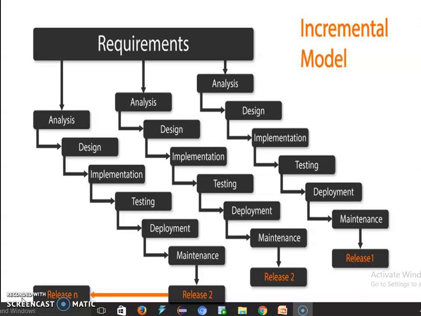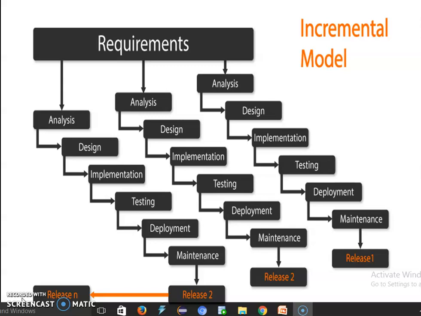In this model, each module goes through the requirements, design, implementation, and testing phases, and every subsequent release adds functions to the previous releases. The process continues until the complete system is achieved.